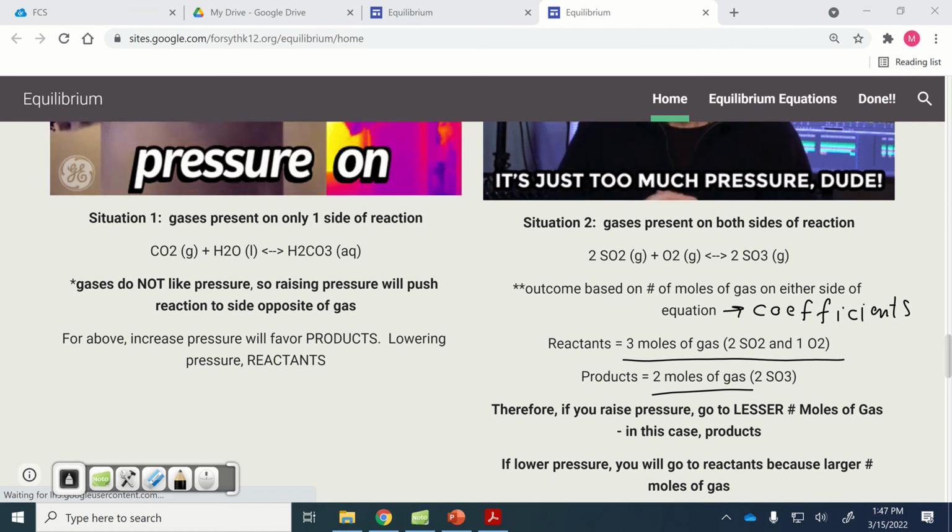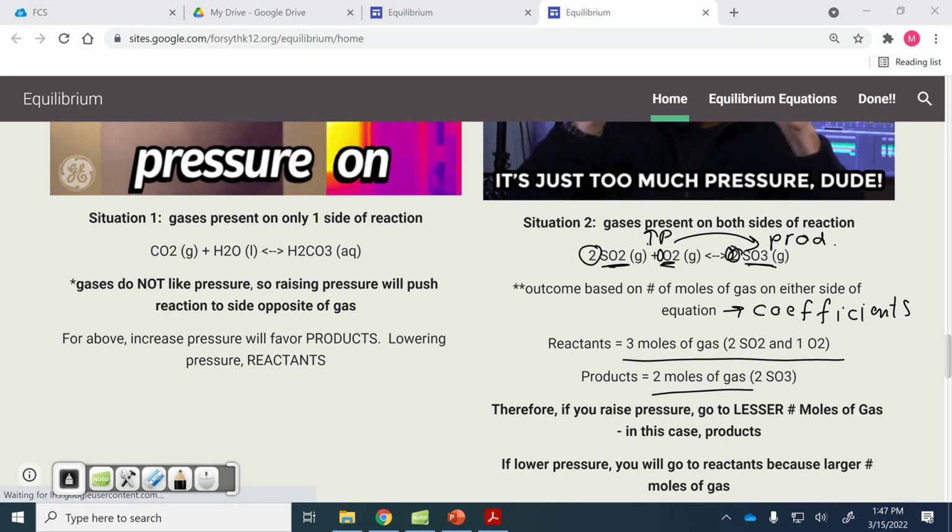So the same kind of concept still applies. If I increase pressure, that's more gas on the reactant side. If I increase pressure, I'm going to support the products being produced more, because I want to relieve that pressure. There's too much stuff there. All right? So you look at how many moles, what are the coefficients, you add those up. Don't count the atoms, that has nothing to do with it. It's all about the coefficients. Oops, let me circle the 2 there. All right? So again, because there's 3 moles of gas on the reactant side and 2 moles on the product side,